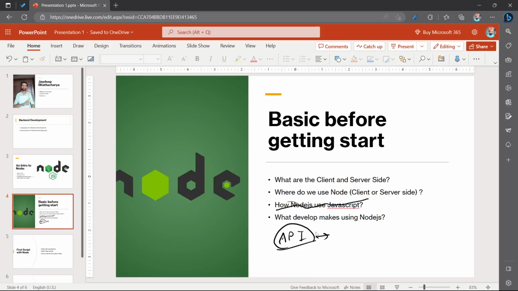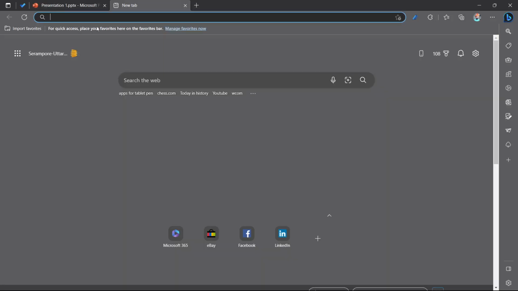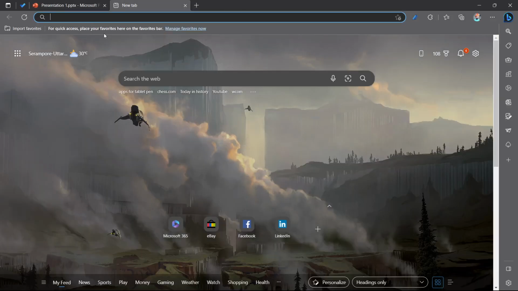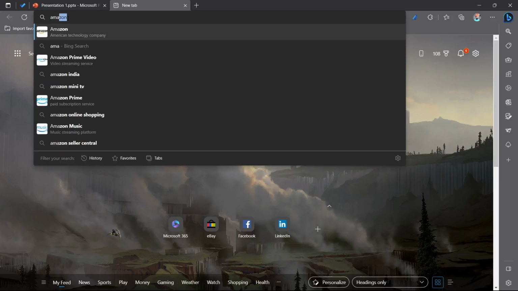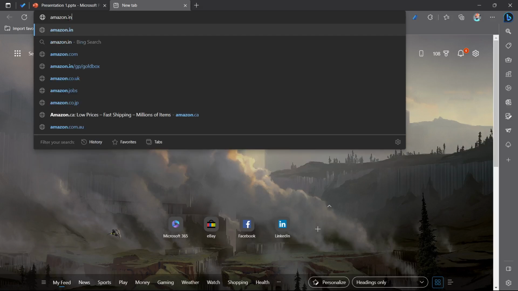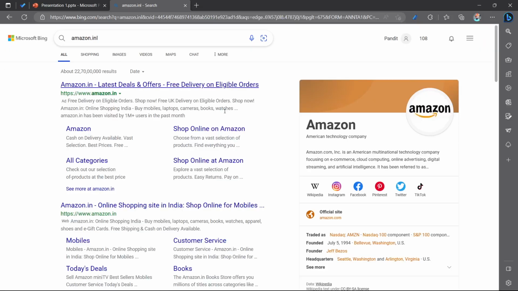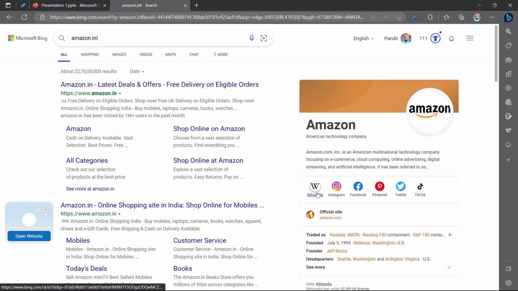Because of the browser, we are able to show our imagination on our screens. If I am just writing amazon.in, all these fancy colors are possible because of the Chrome V8 engine.